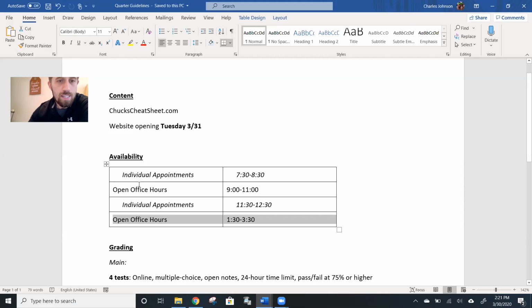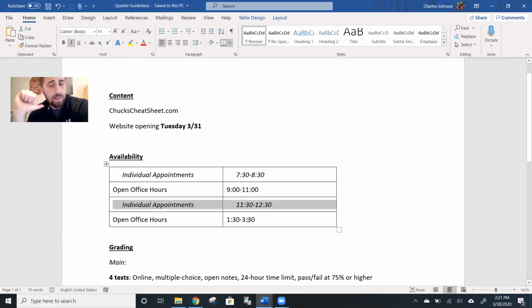These are going to be in 15-minute blocks because I do have a lot of students, an hour in the morning and an hour in the afternoon. These are for questions that you don't want in a classroom setting. So either, hey, I have a question about grading, I have a question over what course I need to take next year, or hey, my mom and dad have a question that they need to ask you. Any of those I'm more than happy to answer, but like I said, those are limited to 15 minutes so that we can make sure that everybody has access to those.